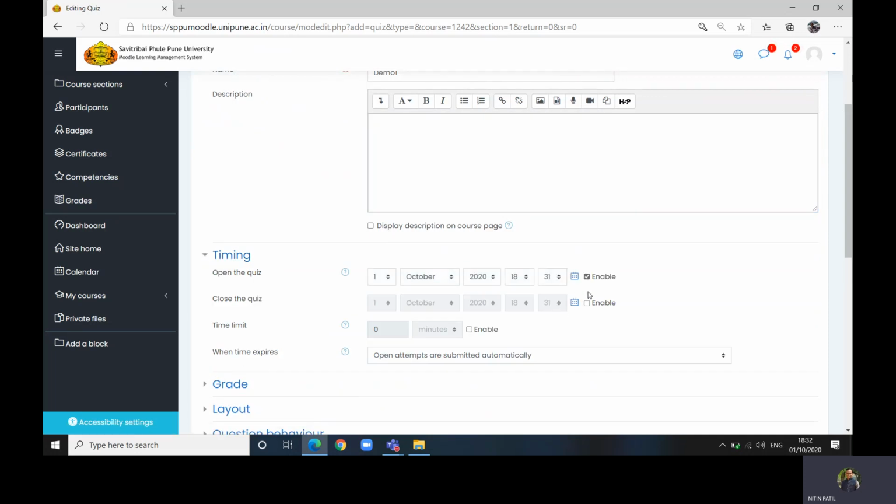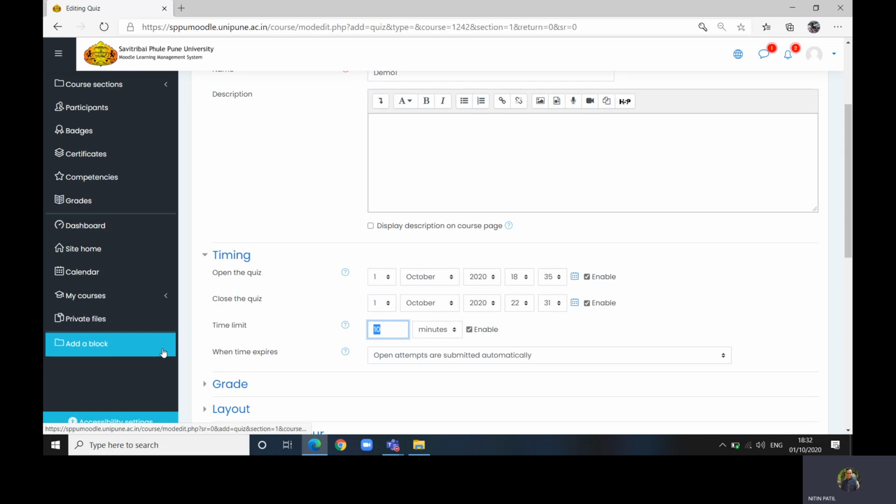So I want to say that this test will be available from 1st October, and this test will end at, say, 6:31, because we have current time to be 6:31 or 35. Duration of the test would be, say, 10 minutes. So you appropriately manage your settings, because as per norms we have to have a 60 minute test.